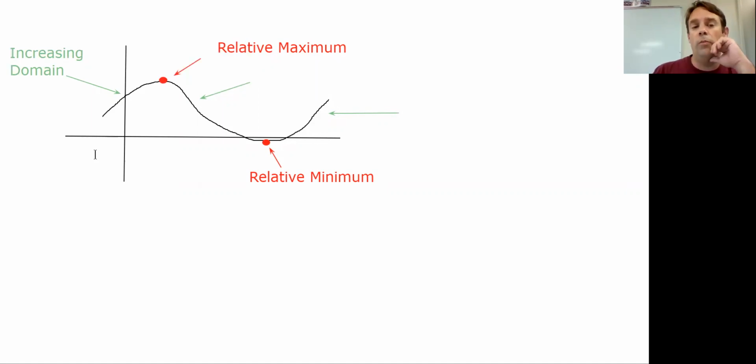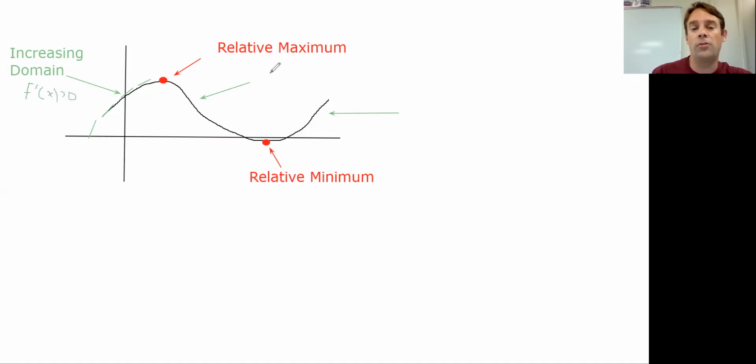Now, if it's an increasing domain, that means that all the little tangent lines that go to it, so notice all these little tangent lines, even though they're getting more and more minimal as we go up, all these tangent lines would keep going like this. They all have slopes that are increasing tangent lines. And if it's an increasing tangent line, all those slopes would be positive. Well, if slope is essentially related to the first derivative, again, remember, slope is average rate of change, instantaneous rate of change is derivative. It turns out on an increasing domain, all the derivative values are actually greater than 0